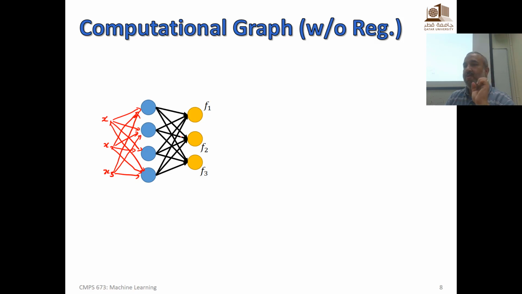How? Where's the graph here? What is in the computational graph? Steps of computations, right? So we can see each node here, each circle here, as a gate in the computational graph. And the gate in a computational graph is doing some computations, right? So what are the computations that we are doing in a neural network? We are doing the weighted sum, followed by,